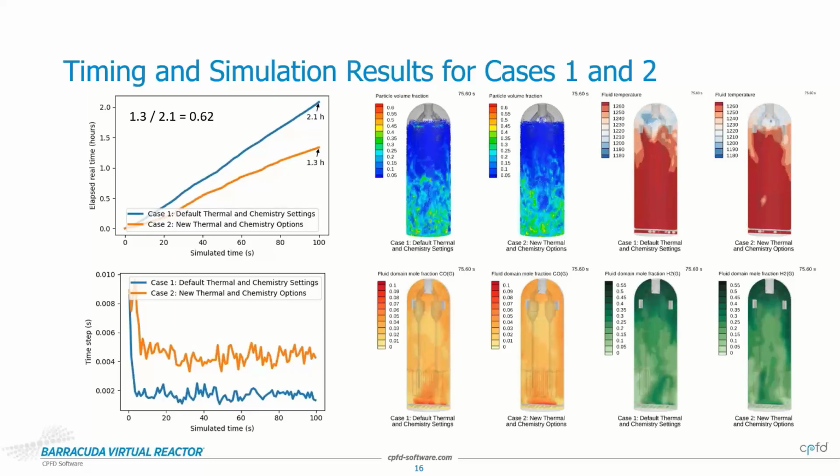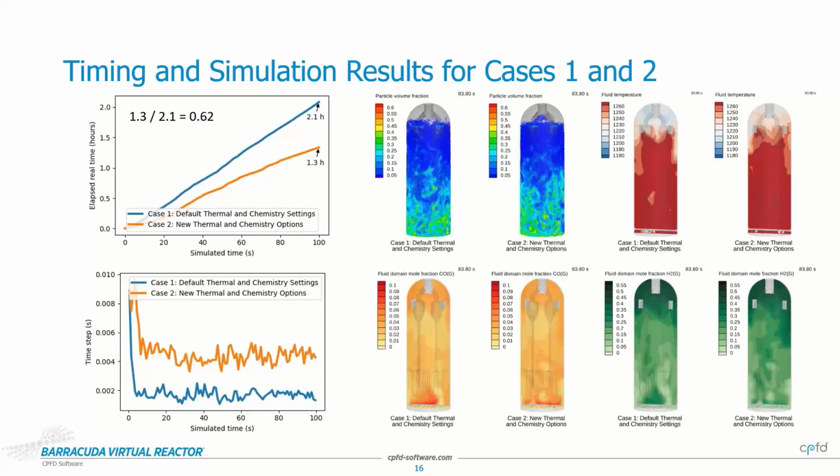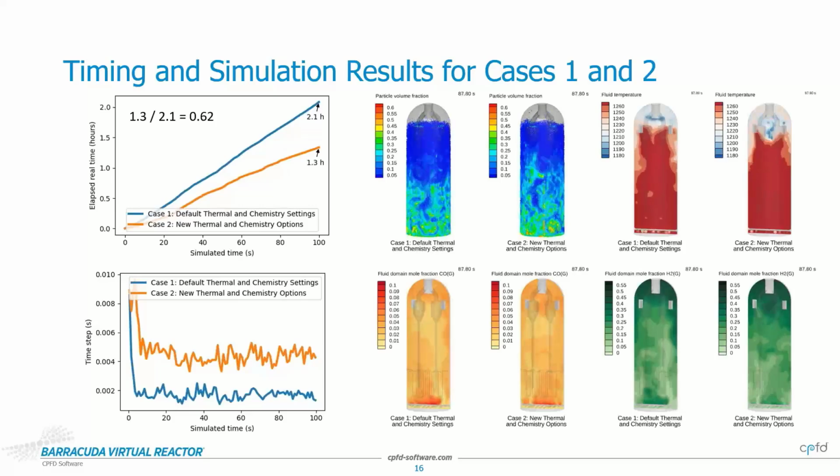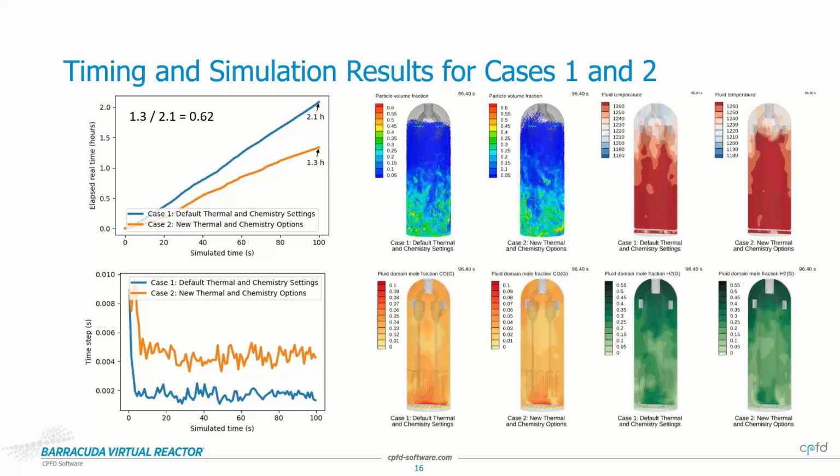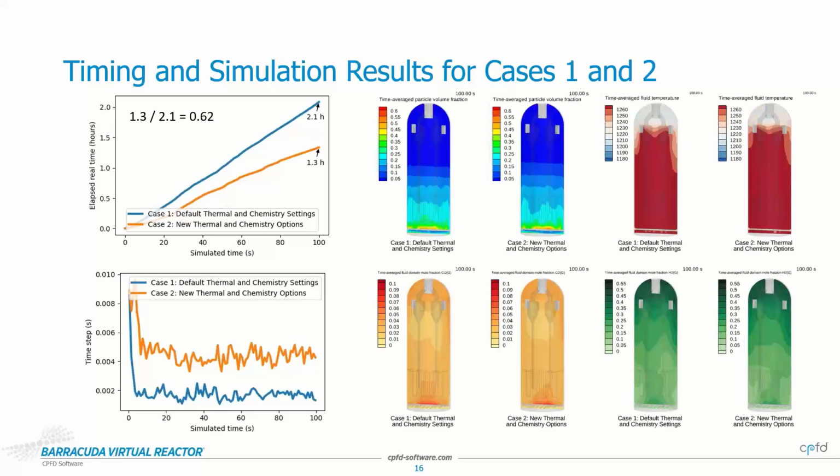For case 1, we were seeing a lot of time step reduction warnings related to the chemistry mass production. I think that was dominating for this particular simulation. There were also a few warnings related to the large temperature changes. So the default time step limiters were kicking in, and they kept the time step around 2 milliseconds for most